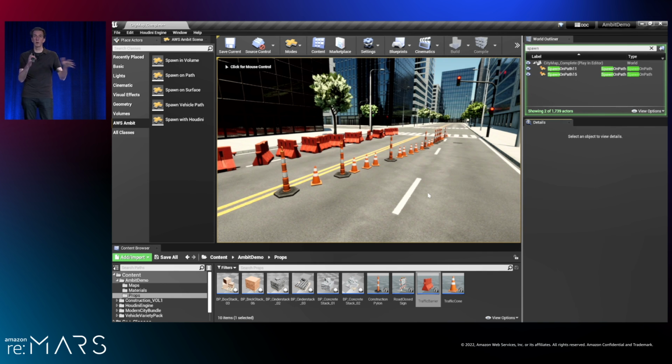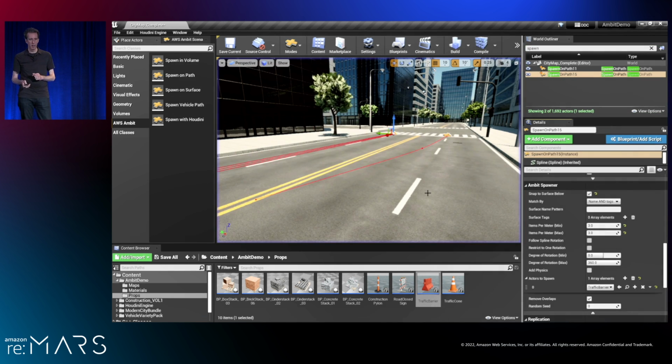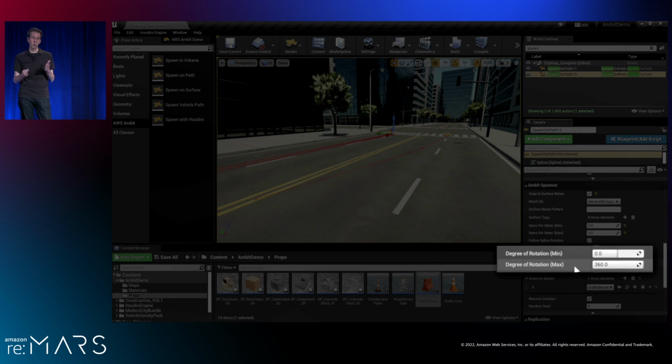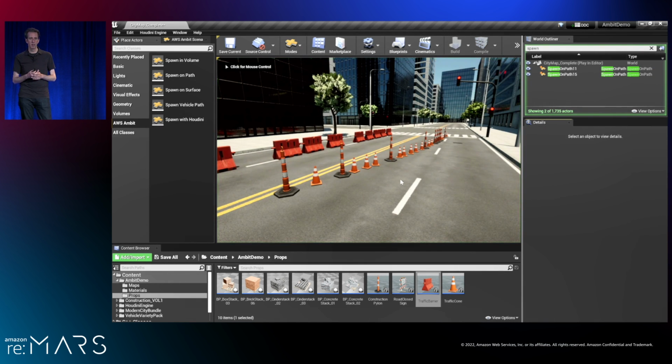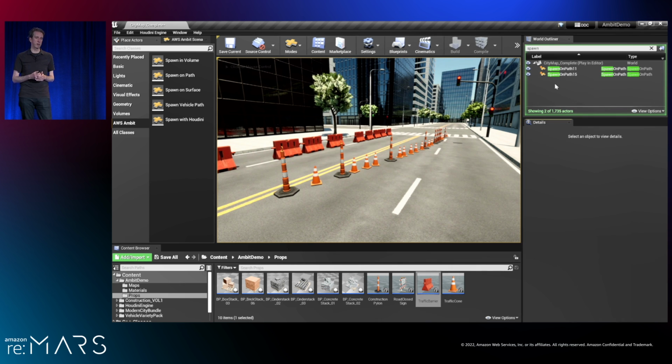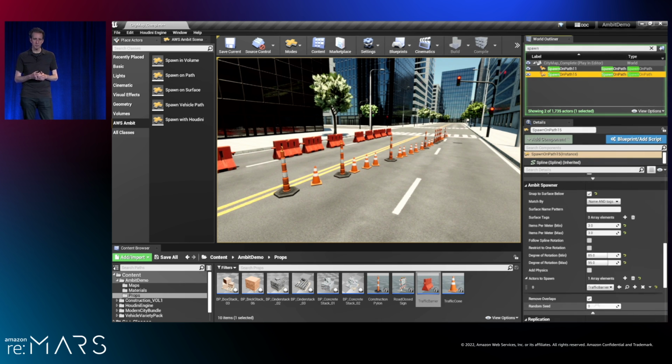But when we preview, you'll notice all the barriers aren't lined up. They're just kind of scattered everywhere. That's obviously not what we want. So we can address that by using the rotation limiting feature of this particular tool. So I can set a minimum and maximum bounds. I'm going to use 85 and 95 degrees as my min and max. And now we get a nice, more or less straight row with just a little bit of subtle variation to it. And of course, we can randomize that as well to create many different variations.